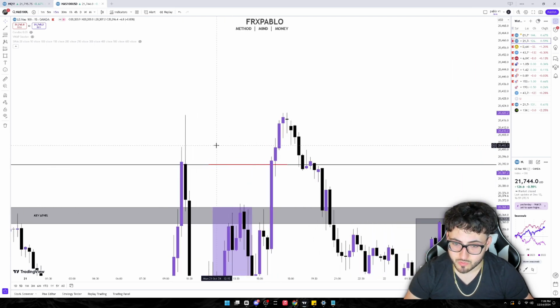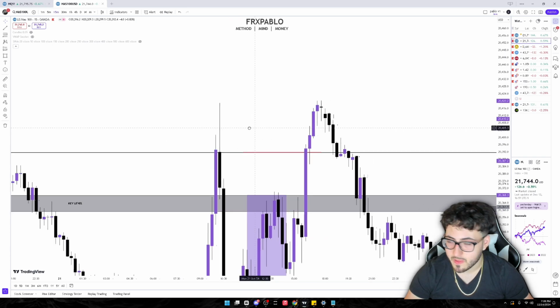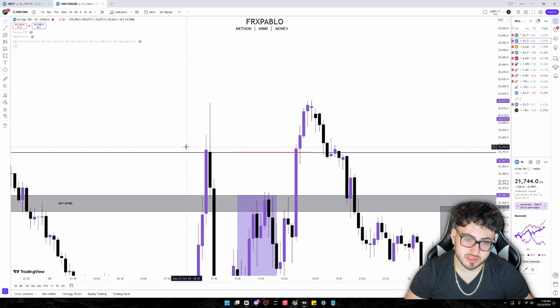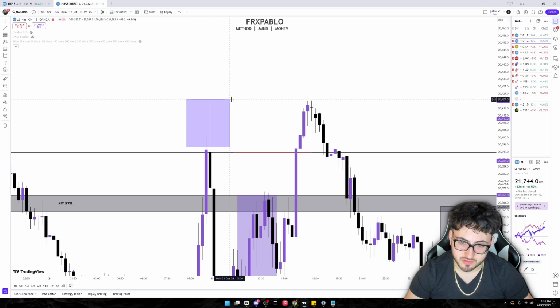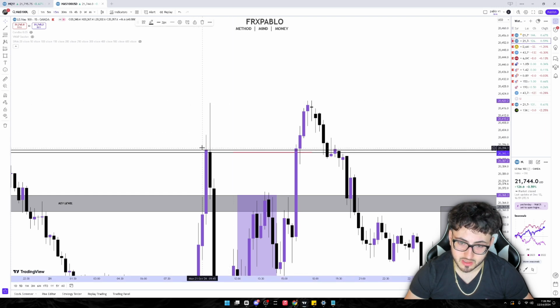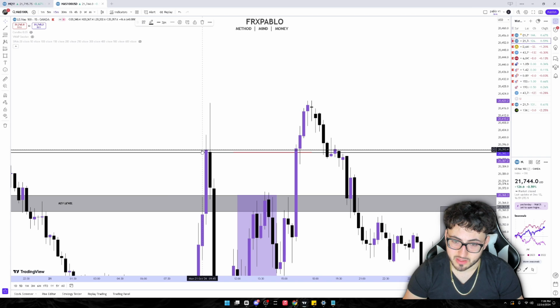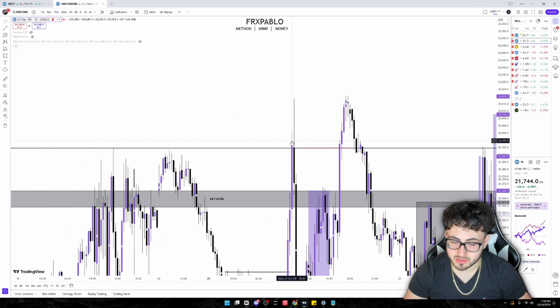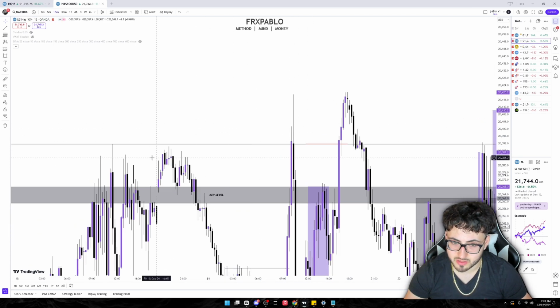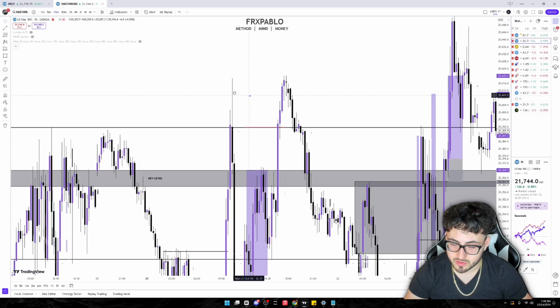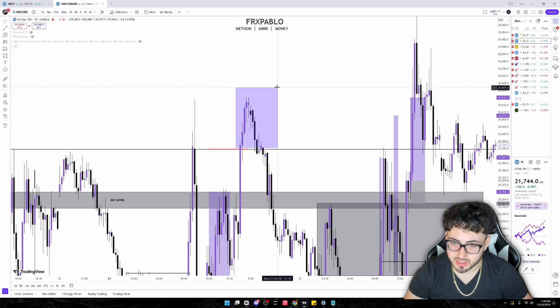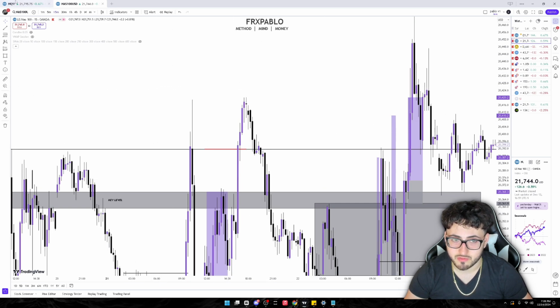I most likely would have wanted to pull it to this level of structure right here, because we see these large wicks right here. These large wicks signify that there was a rejection in the market, meaning there's a very high chance that this position could turn around for me, because historically the market, once it touches this area, as you can see by all these touch points, it rejects off of it. Even though we did peak up, this is just noise at the lower time frame. On the 4 hour or 1 hour, this is just going to be one large wick.